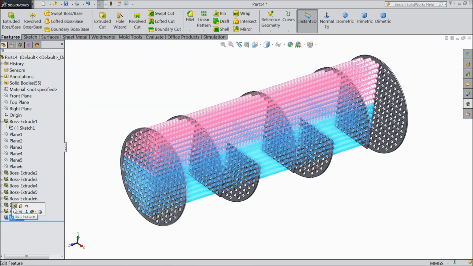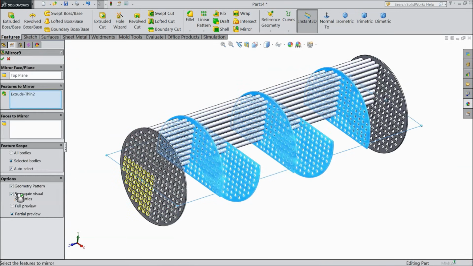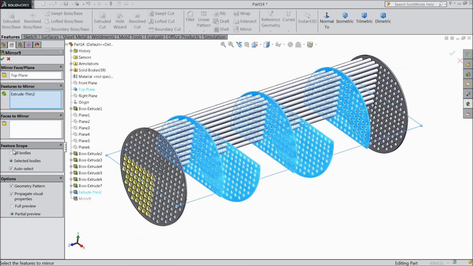Just select our previous mirror, edit, and we want to do some modification. If any merge result, just unmerge.